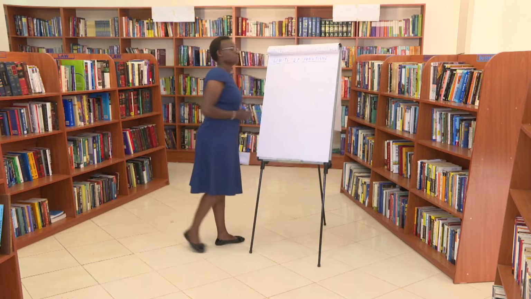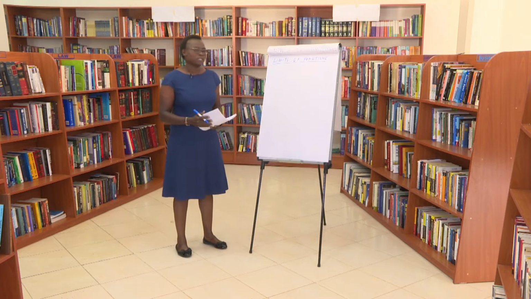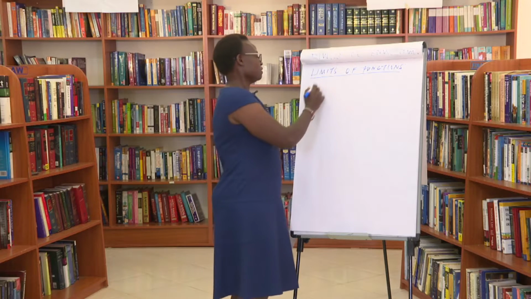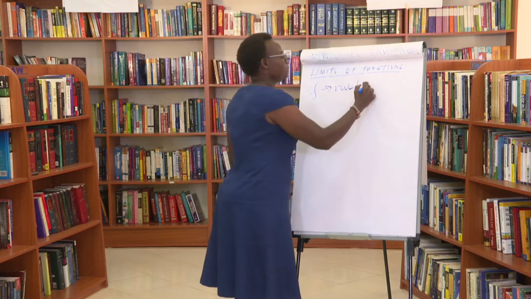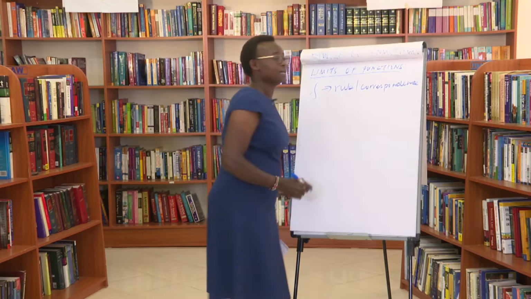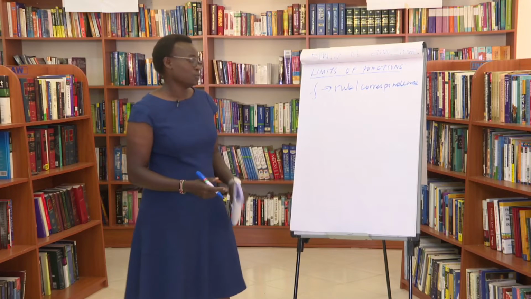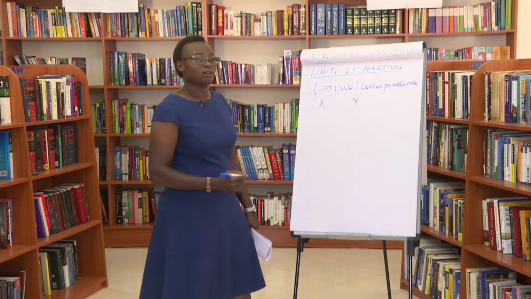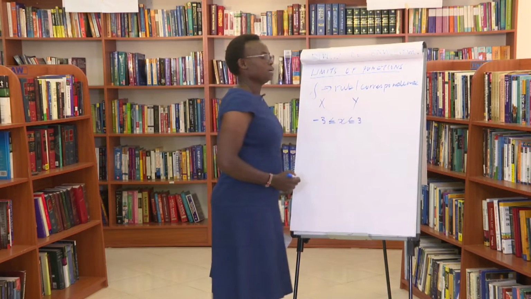Before we start talking about limits, at least we need to remember what a function is, or what functions are. Basically, a function f is a rule or a correspondence that assigns members of one set X to unique members of another set. So for example, if we have a set X and a set Y, and we pick our values for X, let's say from -3 up to 3,